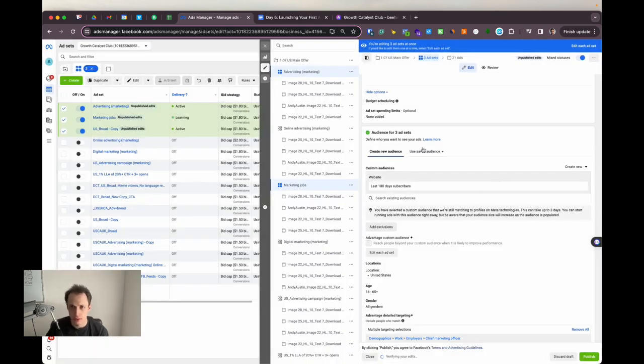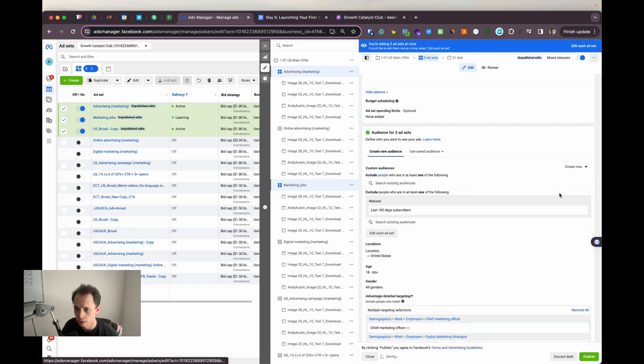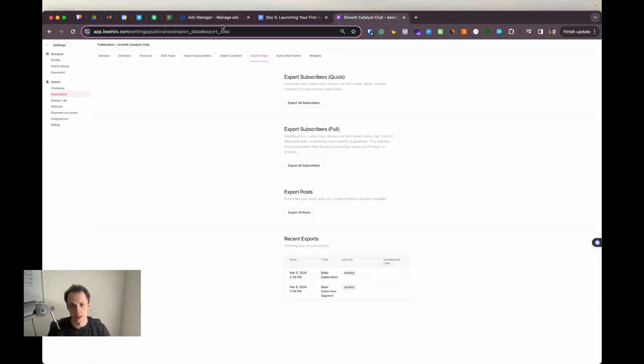And then, very important, we want to go here and click on this arrow down and click on exclude this audience. So now what that's going to do is find all these people that we acquired within 180 days, and make sure that they're not going to see our ads. And past 180 days, what's going to happen is